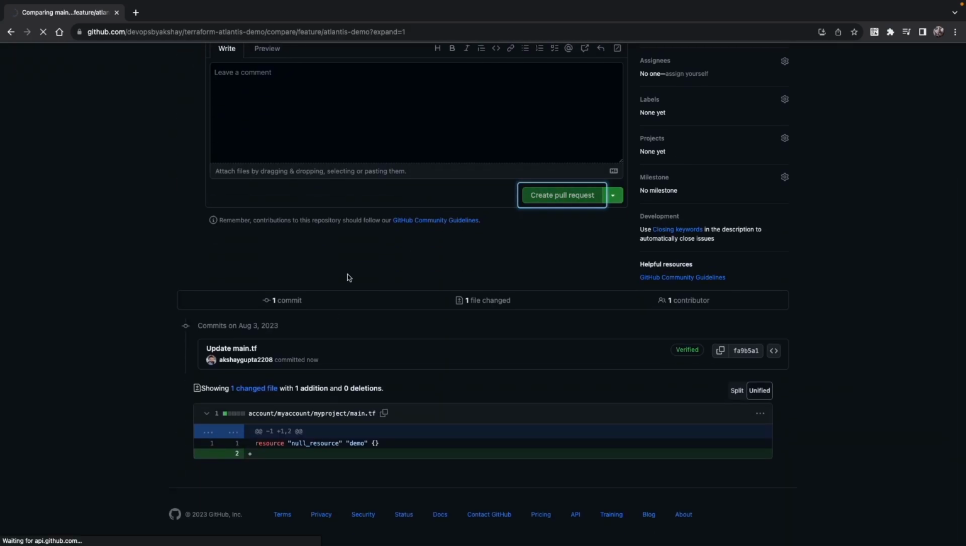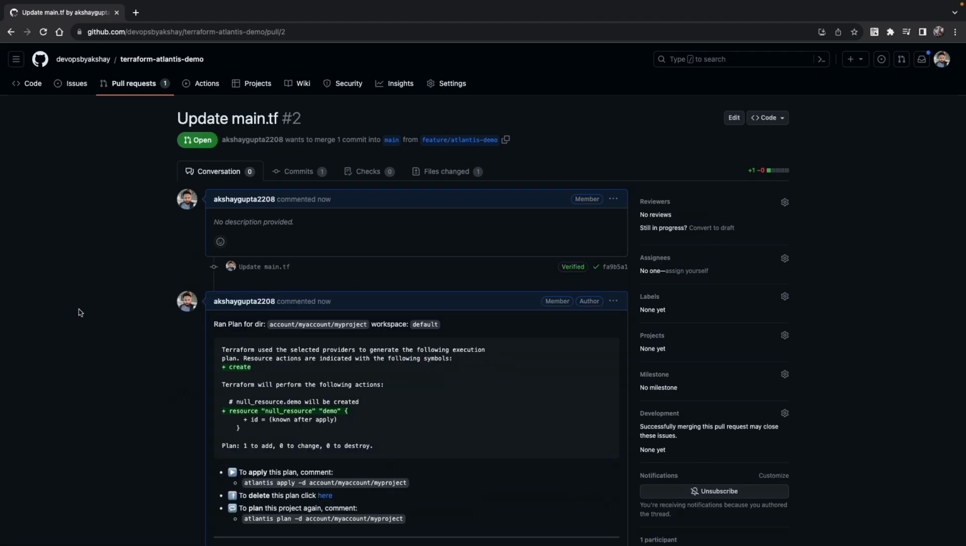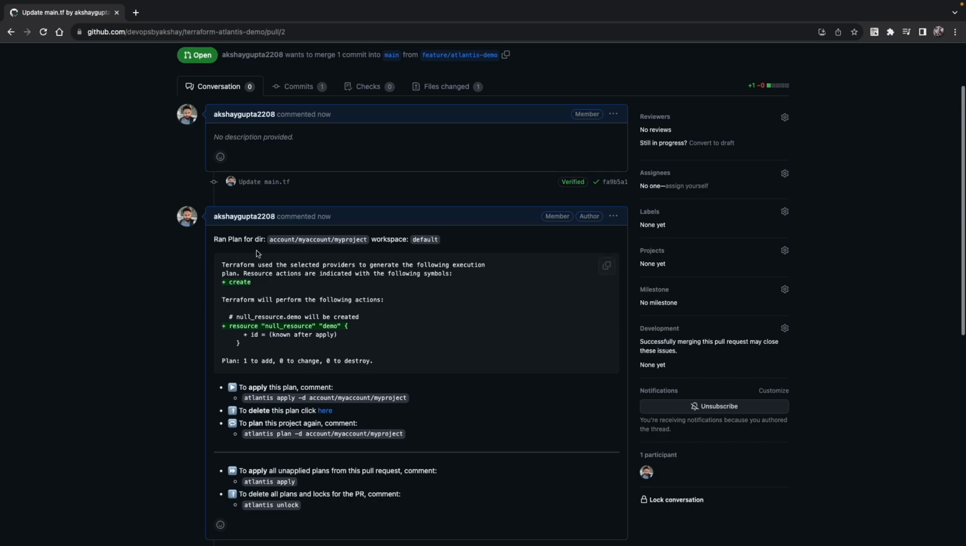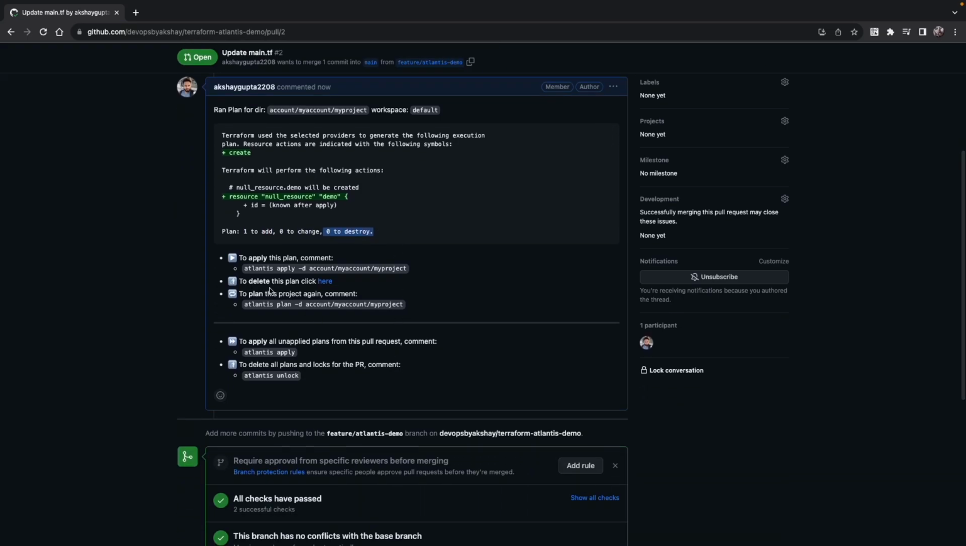The moment I create the pull request, it has just notified Atlantis that I'm about to do some change, and you can see Atlantis has already given me a plan in the comments. So I can see this is similar to a Terraform plan. It says 1 to add, 0 to change, and nothing to destroy. And also it gives me some information, like to apply this I have to run this command. I can simply run atlantis apply